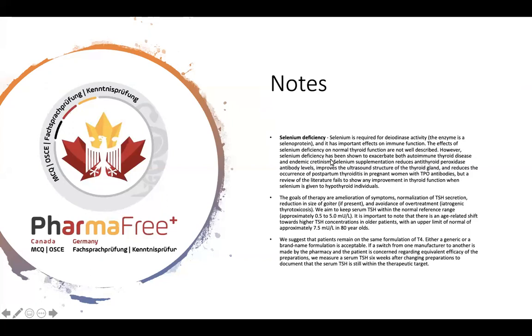However, selenium deficiency has been shown to exacerbate both autoimmune thyroid disease and endemic cretinism. Selenium supplementation reduces antithyroid antibodies, and you have here symptom improvement and normalization of TSH in hypothyroid individuals. And you have another note on selenium in the CTC. It's written that you can use it as well, as you said, in the goiter and to prevent the